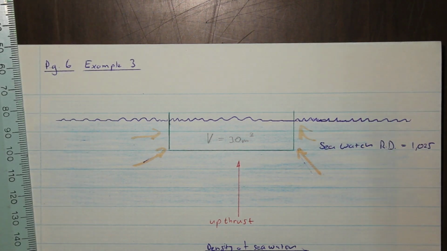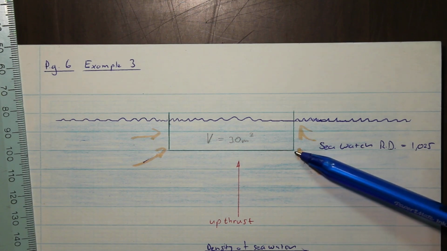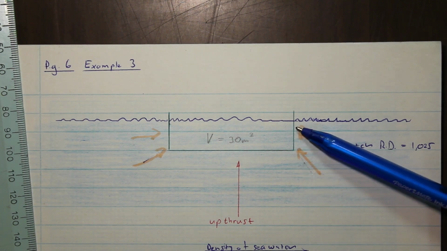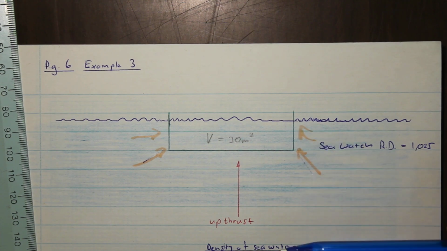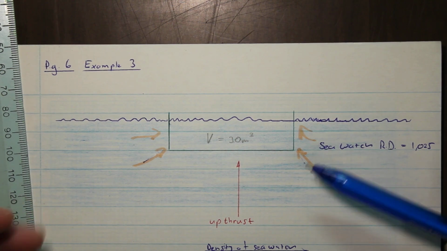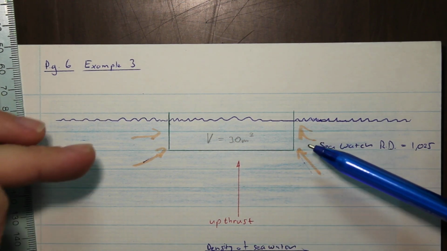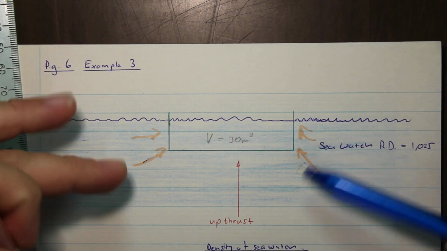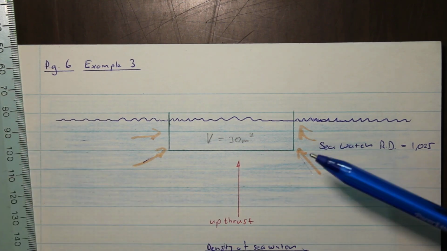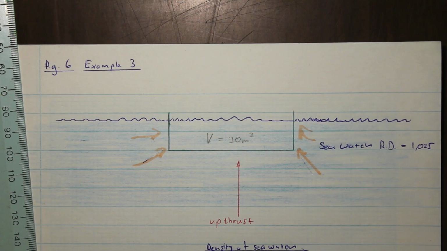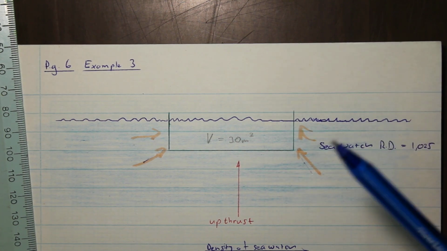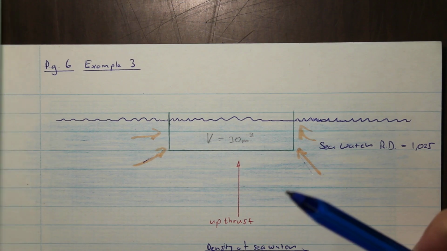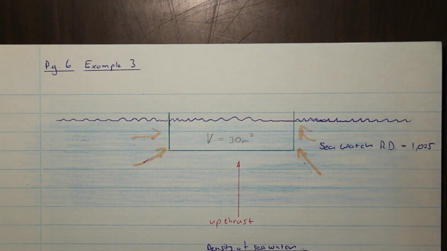And we also know that the pressure over here is greater than the pressure up here, because the deeper you go in the water, the more the pressure increases. Because of this pressure difference, if we take these forces and combine them into one force, it creates an upward thrust that's pushing against this barge, trying to push it up, keep it up. So now what they want from us is to determine the weight